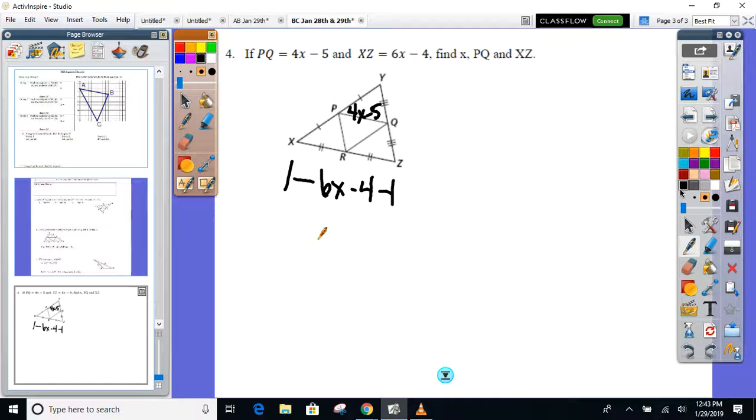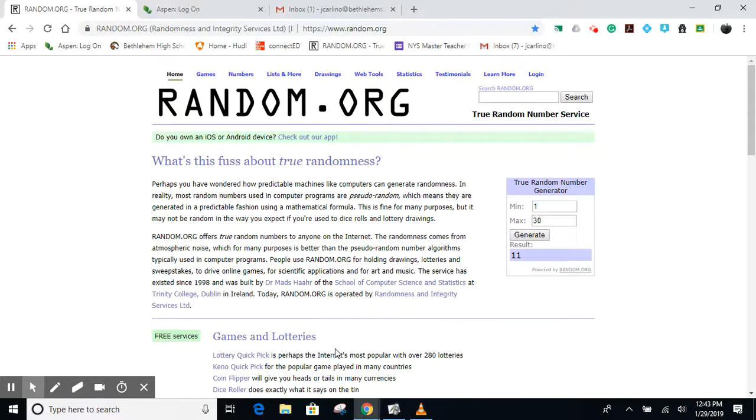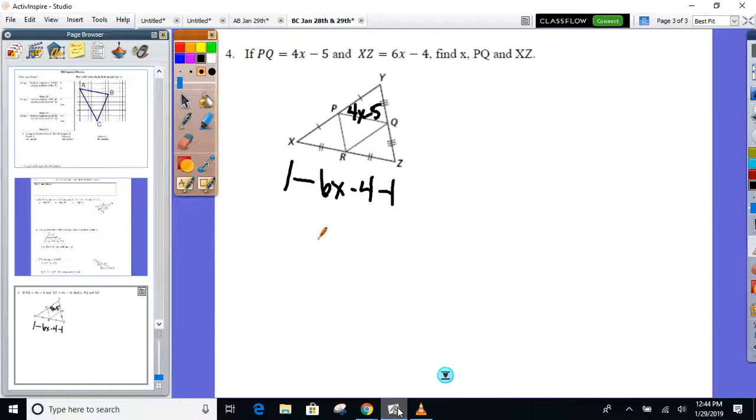Okay, just a quick review of yesterday. Mid-segment, how's it formed in a triangle? How is a mid-segment formed in a triangle? How's a mid-segment formed? By connecting the midpoints